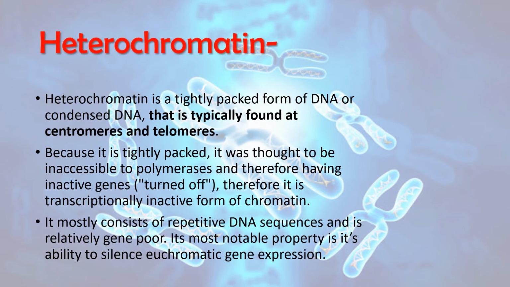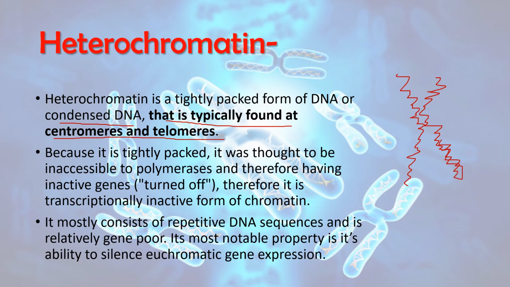Heterochromatin. In contrast to euchromatin, heterochromatin is the tightly packed, or condensed, form of DNA that is typically found at the centromere and telomere. So if this is our chromosome, the chromatin present at the centromeric region and at the telomeric ends of the chromosome